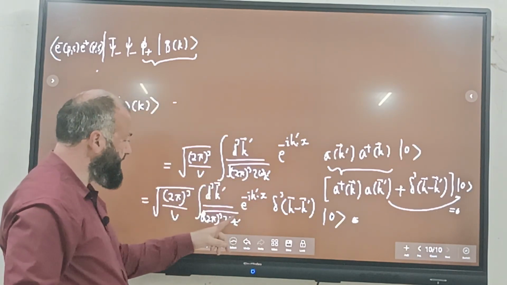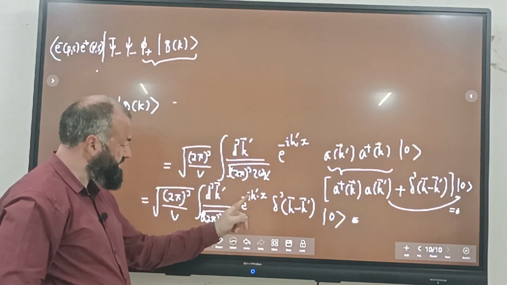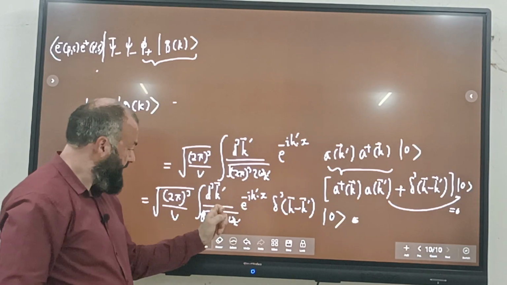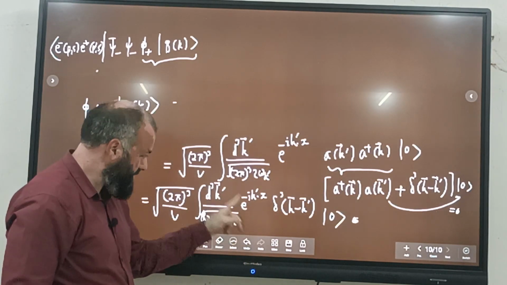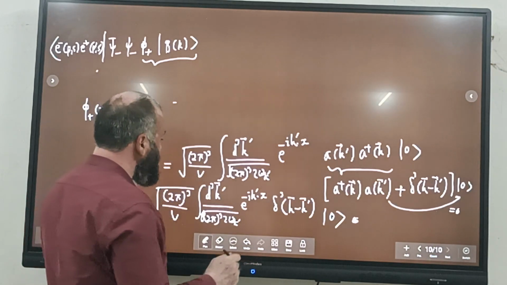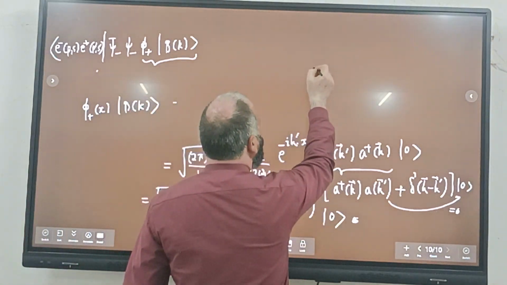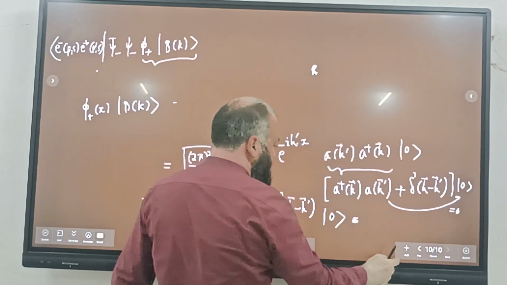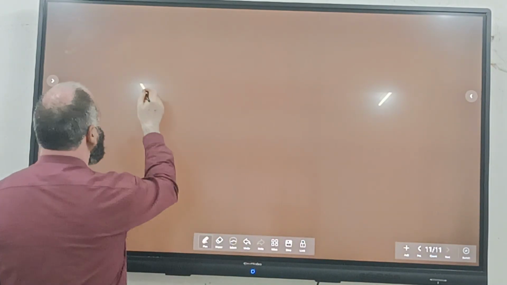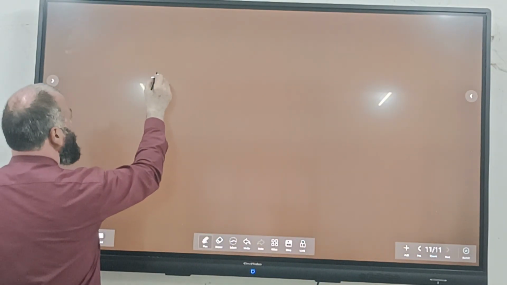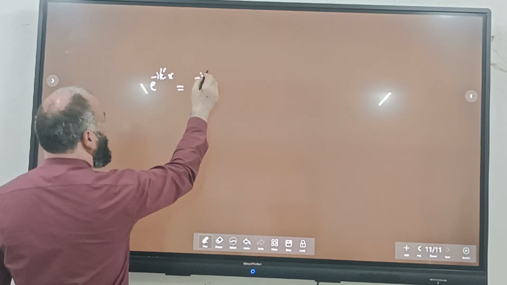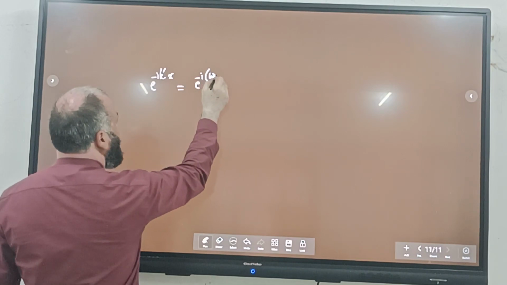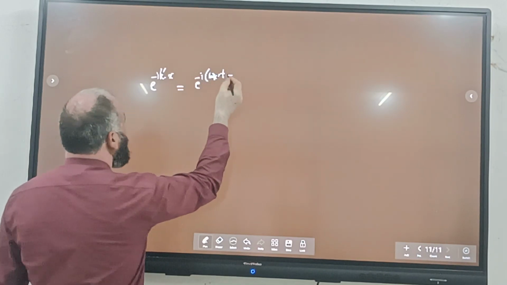Okay, there is actually a subtlety here, because this is actually the 4 momentum vector, but the integration is over only what? 3 momentum. So let me show you here. It's like this thing: e raised to the power minus i k prime dot x. Okay, so let me go to the next page. It's something like e raised to the power minus i omega k prime t minus